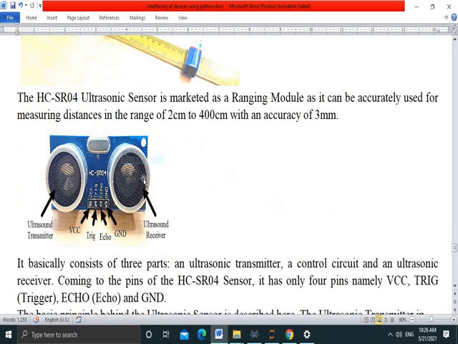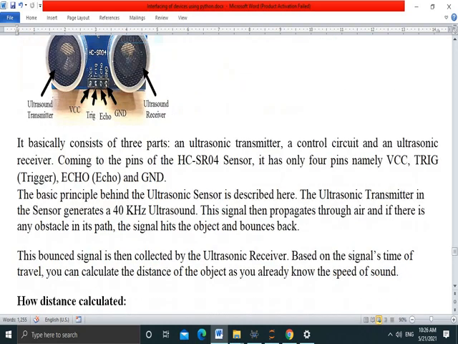The SR04 ultrasonic sensor is a ranging module that can measure distances from 2 cm to 400 cm. It has three basic parts: a transmitter, which transmits the ultrasonic waves. The ultrasonic waves are incident on the object in front of the sensor. Then the wave is returned back and received in the ultrasonic receiver, and it has a controlling unit which processes the data. It has 4 pins